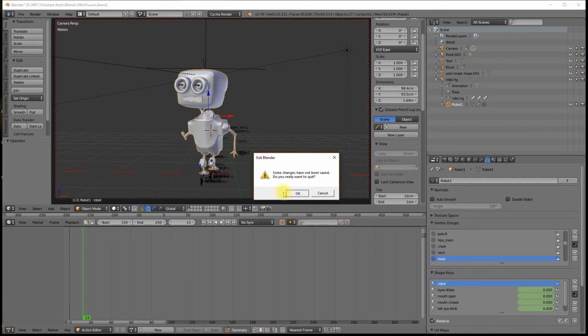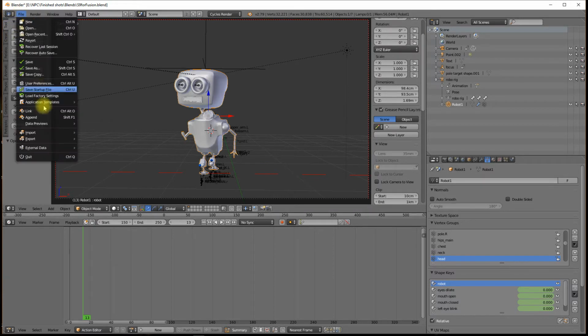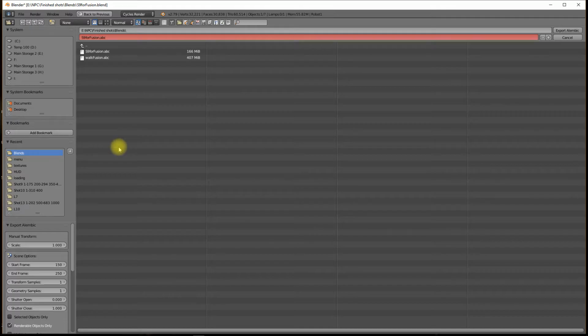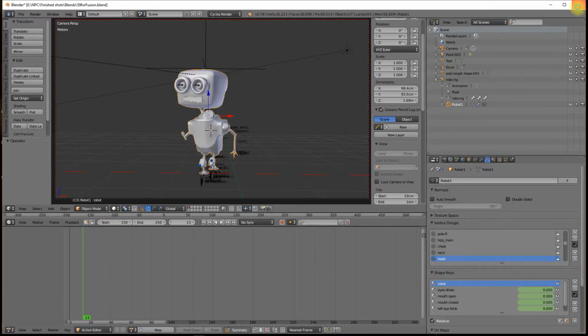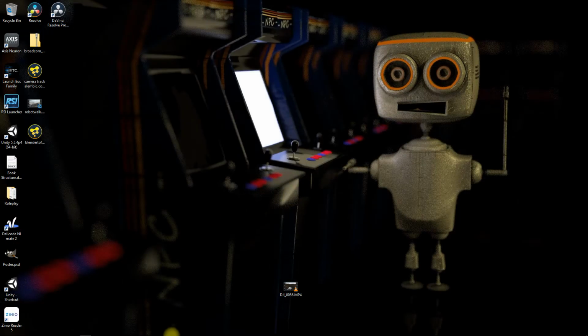So what I did actually, before I cancel it here, I went File, Export Alembic. There's my file there, Walk Fusion I called it. I didn't change any of the generic settings, and I hit Export. Okay, so let's jump into Fusion